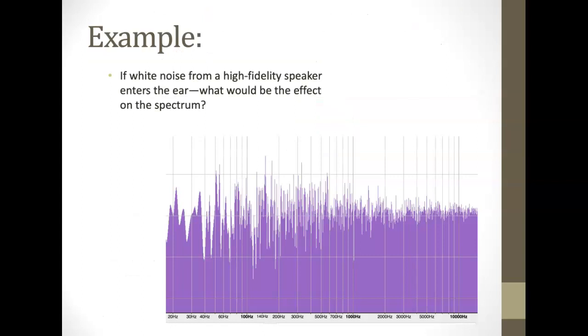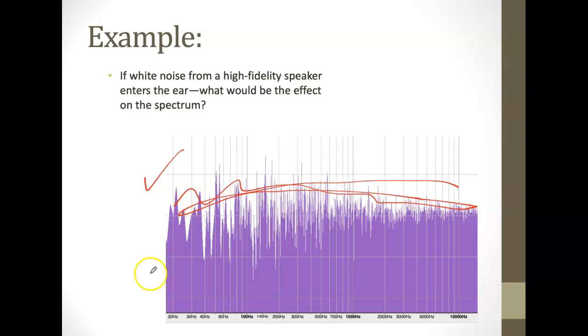So I have something I want you to think about. If I played a white noise from the front of the classroom, and this is the spectrum of a white noise, you see how it's pretty equal. If I drew the spectral envelope, you get a pretty equal distribution of frequency energy across all the frequencies. If I were to play this sound from the front of the room, and let's say somebody in the second row, third row, someplace fairly close,